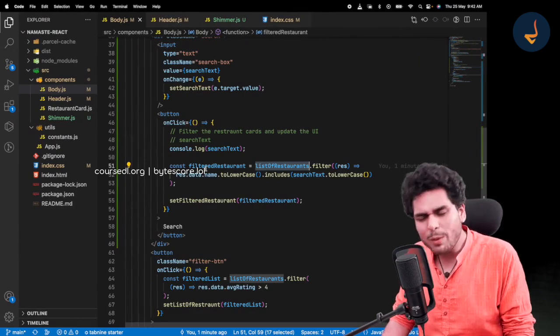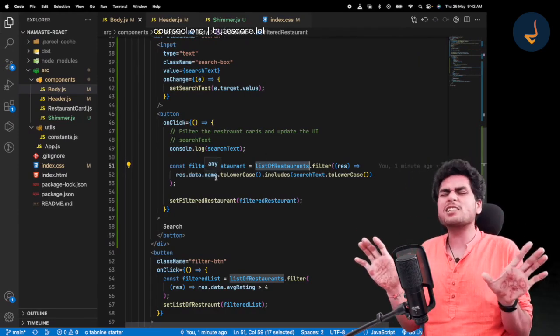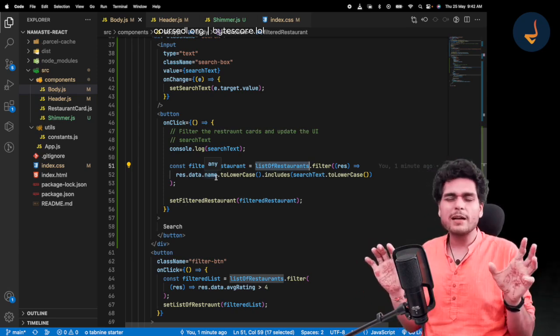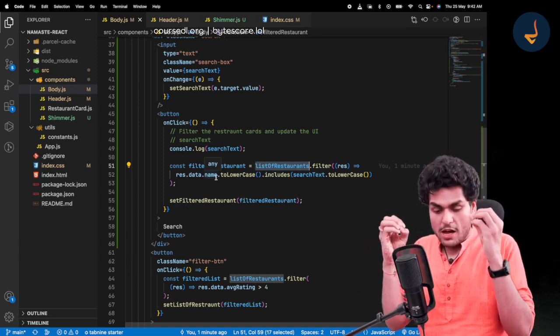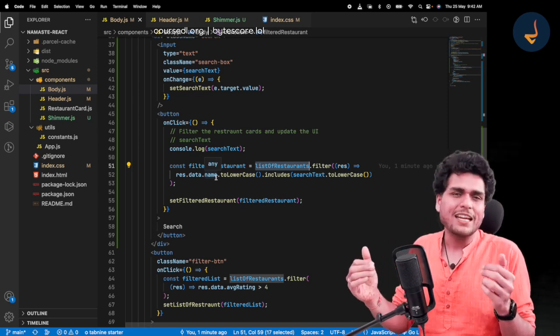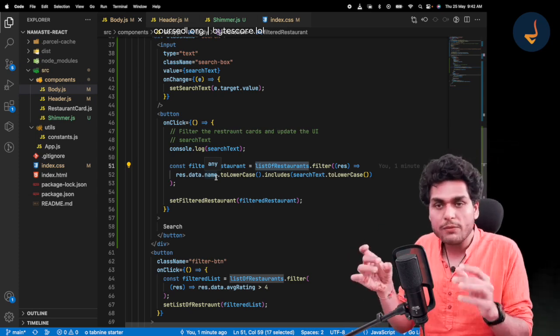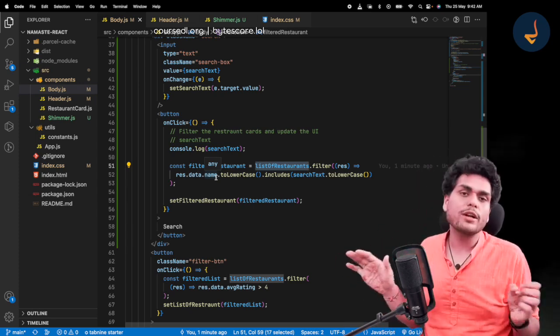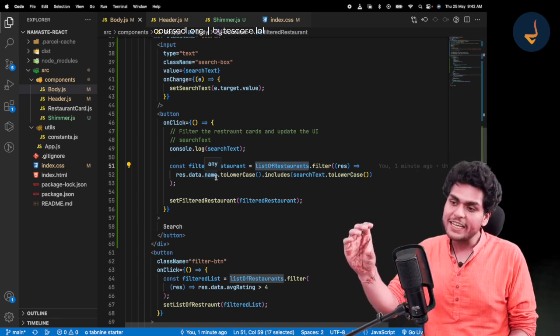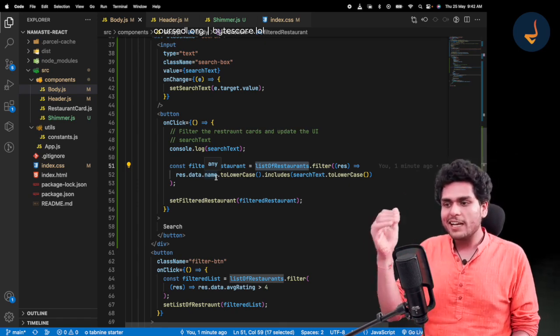go back, play with this code. There is nothing extra I am doing, nothing fancy I am doing. I want you all to practice. I can give you in-depth knowledge also, but unless you practice it yourself, unless you write code, nothing is going to work for you. Just seeing